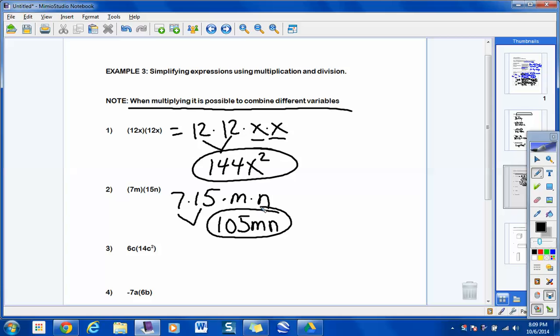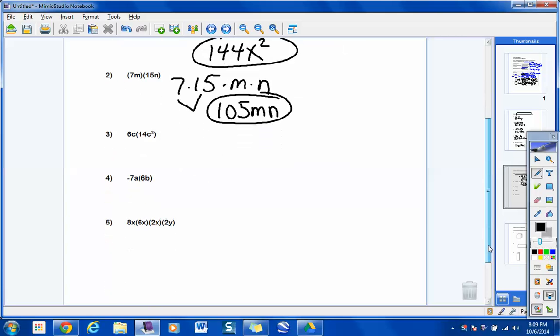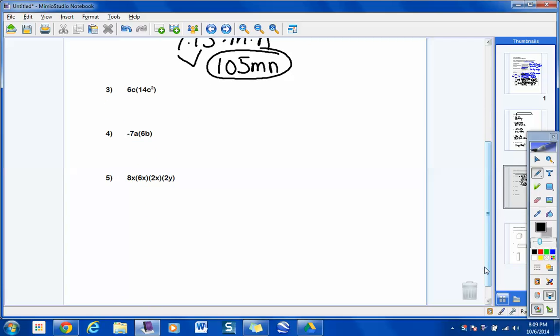All right, your next one, kind of tricky. Be careful on this. I'm going to put the 6 and the 14 together. 6 times 14. Now, gang, right here, I'm going to go ahead and pull this c down out here. And then you've got a c squared out here, which really means times two different c's. This c squared right there is in red. All right? Under rules of exponents, this is really 6c to the first, and this is 14c to the second right there. Rules of exponents say that you have the same base, you add exponents. So I can take the 1 plus the 2, or if you count right here how many c's you have,